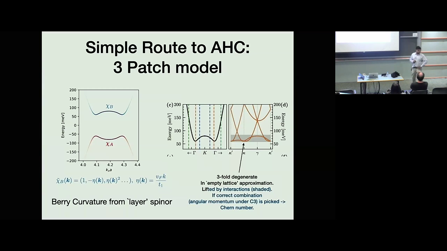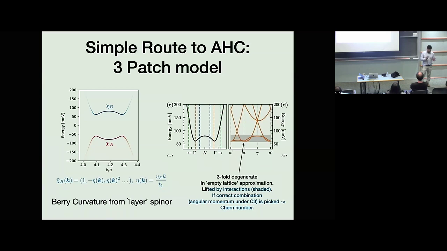So in this three-patch picture, the order parameter of the Wigner crystal, is it constant or is it momentum dependent? Can you say if this density wave is just as in a usual Wigner crystal, or is it some kind of D wave or P wave or whatever? Is there momentum dependence to it? Yeah, that's a good question. In terms of the shells, it's roughly a sinusoidal kind of potential. So you only have to look at mixing with the first reciprocal lattice vectors.